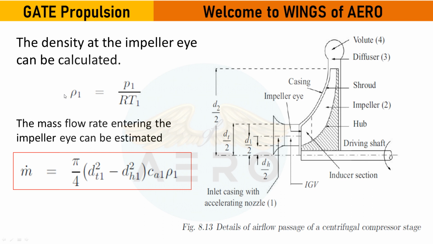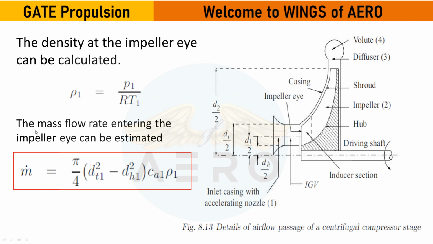Now we need to remember this formula, and with the help of this formula we will find out the unknown parameters. These formulas are going to be helpful when you are solving problems, right? If the question is asking about the impeller eye, that is where the fluid is entering, and the tip is at the end, when it is leaving towards the diffuser. How can you find the density in case it is not given in the question? We can use the formula P1 by RT1.